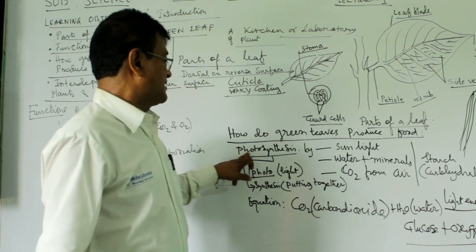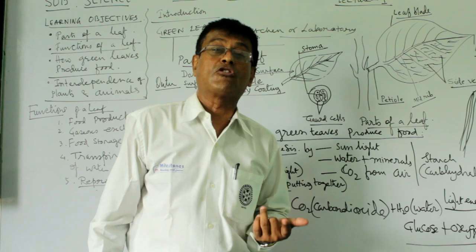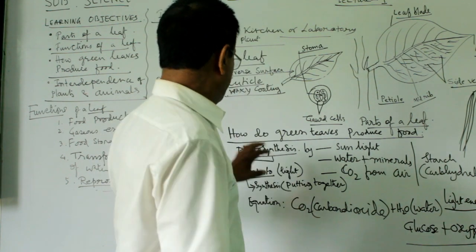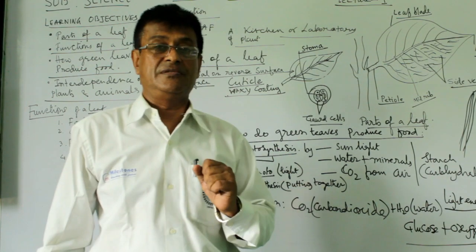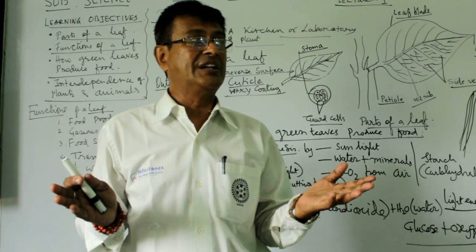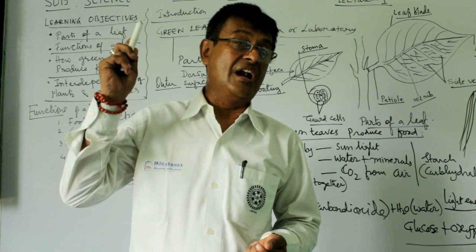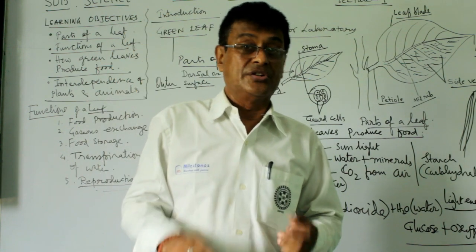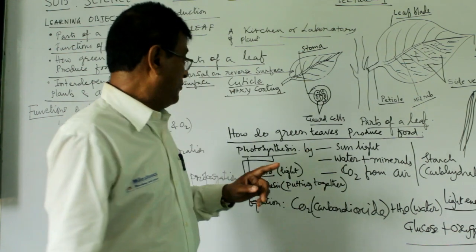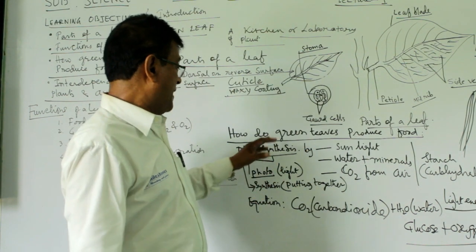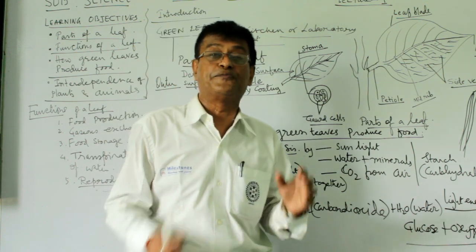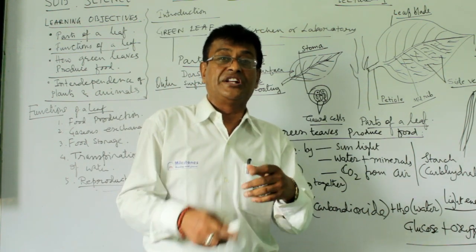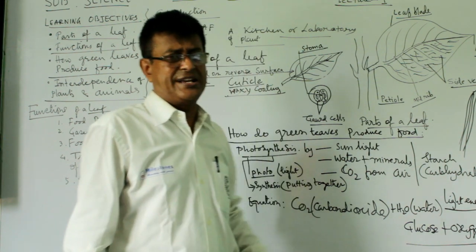So photosynthesis is a process. Why is this process called photosynthesis? Now you see, photo means light. And what is the source of the light? The light source is the sun. So the sun provides light. Along with that, the other part of the word is synthesis. Synthesis means putting together, making. So food prepared by light is known as photosynthesis. Now there are several things to consider.